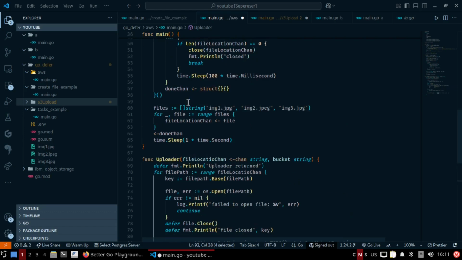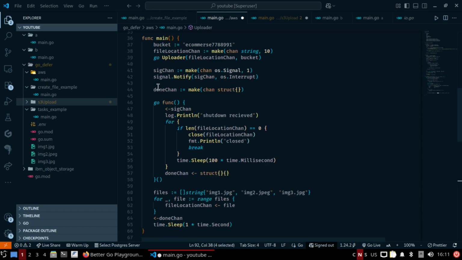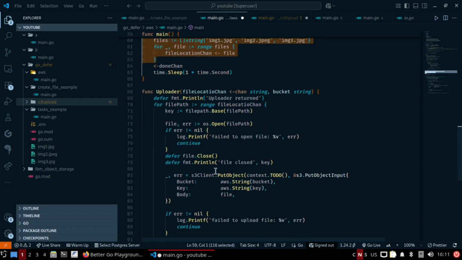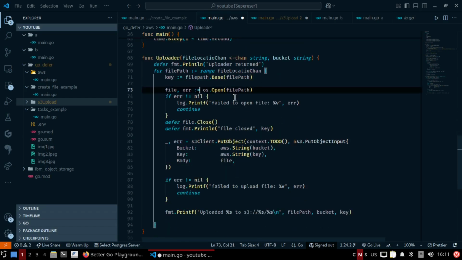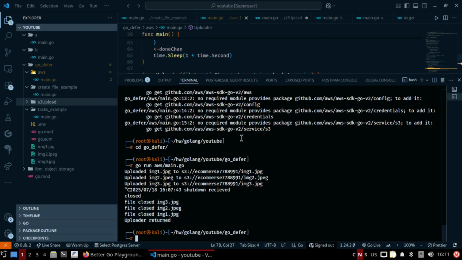And here in main, this is main, and I am sending files like this. It's very simple. These are the file names, and I've been sending them as strings using this file location chan, all those file names to that. So what would it do? It would send it to this, but you can get the picture that if I needed to close that file, it would not be again in the for loop. As if I would run, let me see, and run,